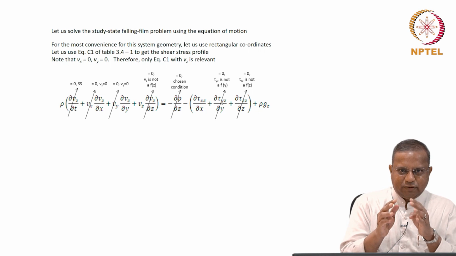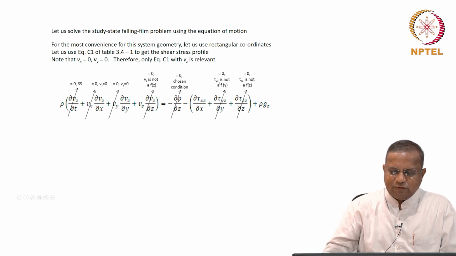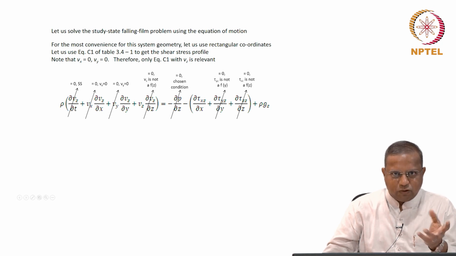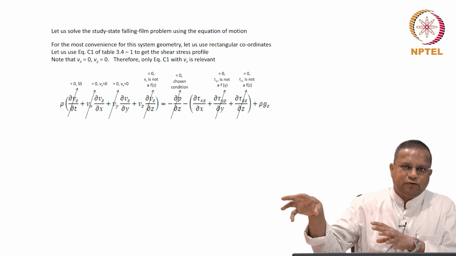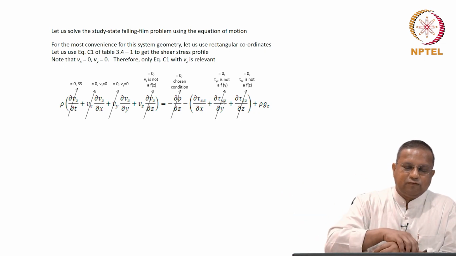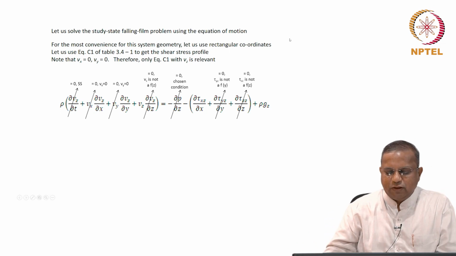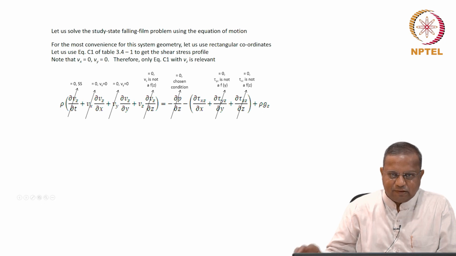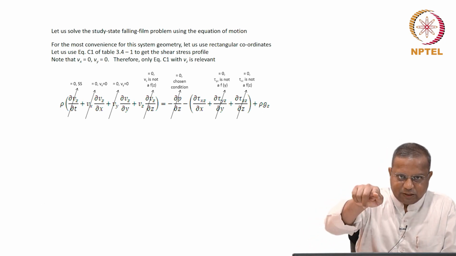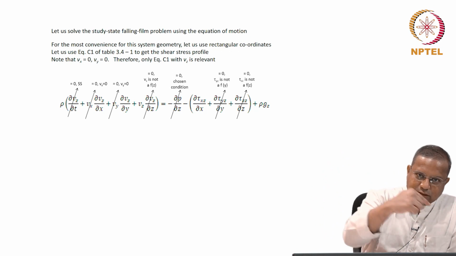For getting an idea of why tau yz is not a function of y, you could resort to the direction of motion and the direction of action, simplistically speaking. We have already seen that two different shear rates could contribute to a shear stress, and so on and so forth. So, to get an idea here, this is the shear stress that arises in the y direction because of the motion in the z direction.